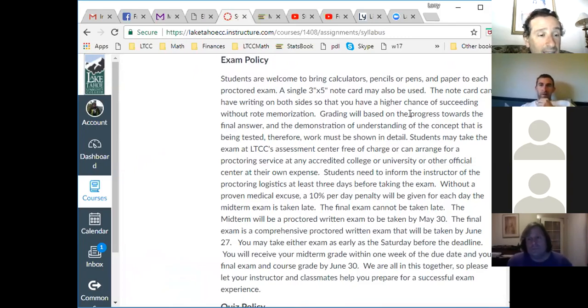I do check and I do research to make sure the person's official. So I will go online, look up that email address, and then double check that it is a proctor. Okay, just to let you know that is something I do. But that's how you let me know. And then that person either takes a picture of it or scans it in and emails it to me, and then I grade it. That's how the testing works. There's a midterm and there's a final. They're each 2 hours long.